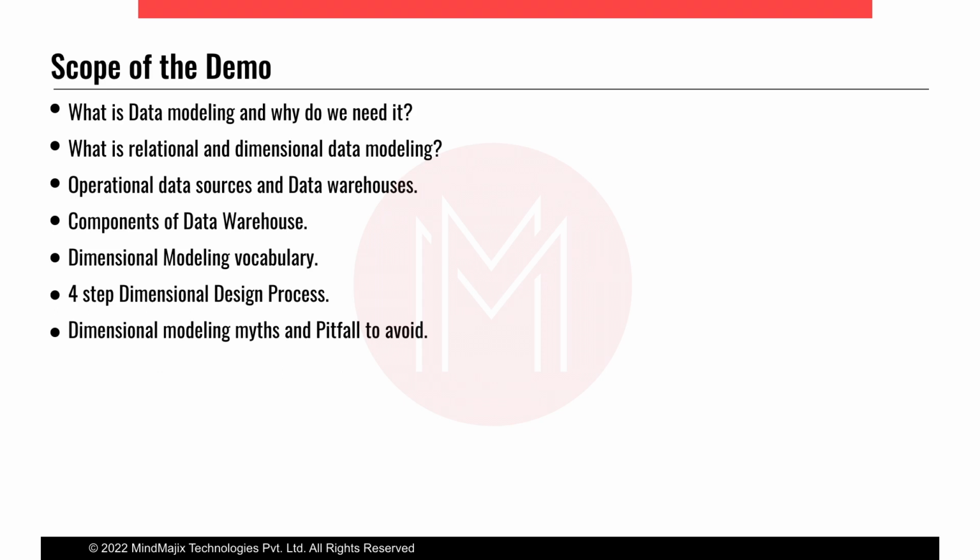Going to the next, components of data warehouses. Now we have a good understanding of data warehouses and the need for them. Let's understand what the components are. A data warehouse has majorly four components. One is the source itself from which we get the data. The second one is the staging area, wherein we keep the data. The centralized repository that I was talking about is the first phase of it, the staging area.